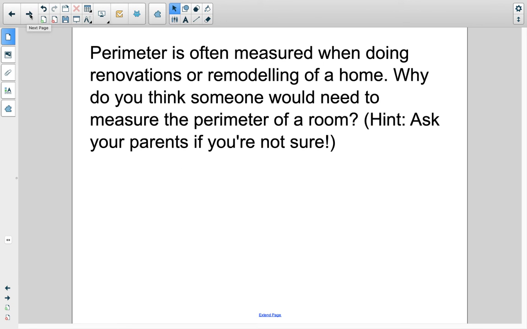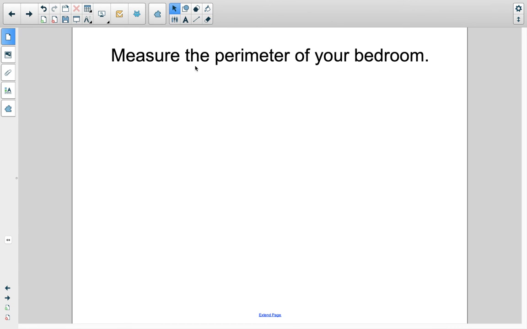So and then the second thing, and this is going to be tricky potentially, but I want you to see if you can measure the perimeter of your bedroom. Now, hopefully you have a rectangular or a square bedroom. If your bedroom is odd shaped, like an L shape or something, that might be really tricky, but it shouldn't be, because you're just measuring the outside wall of your bedroom. Now, if you don't have a tape measure, because you sort of need a tape measure for this, let's just for now measure in feet, using your actual feet